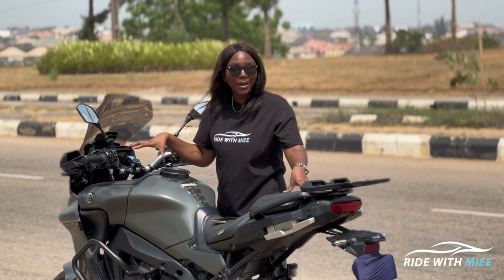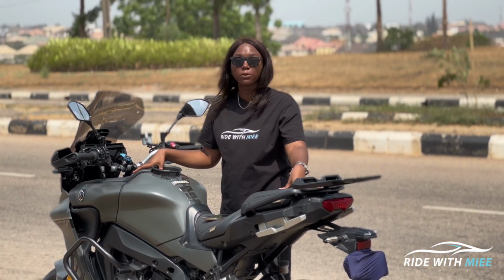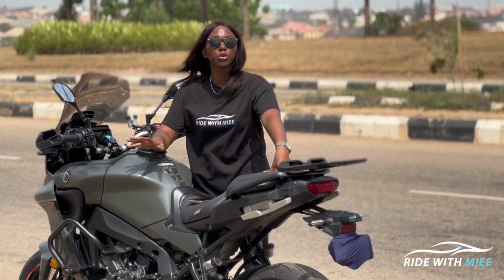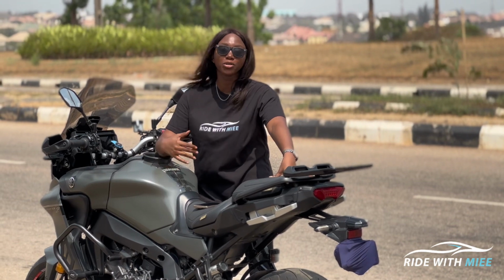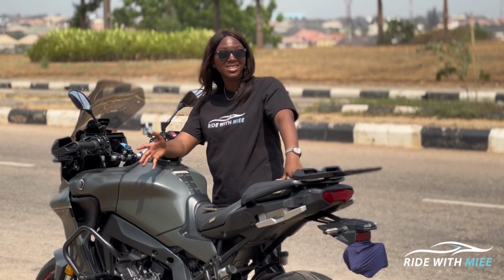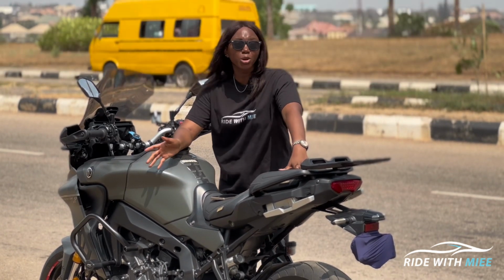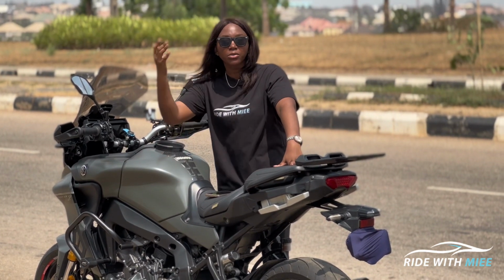Which is pretty good. Yamaha's D-mode is active on this bike, and this basically means that you get 4 riding modes on this bike, just like your regular car. So you have mode 1, 2, 3, and 4. Mode 1 being the most aggressive, or let's just call that sport settings or sport plus. Then you have mode 2 as sport, and then you have mode 3 and mode 4 as some things that